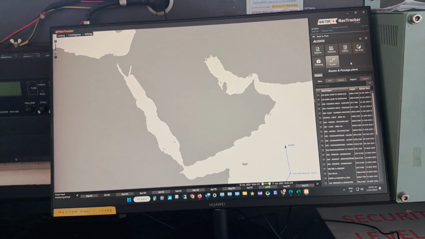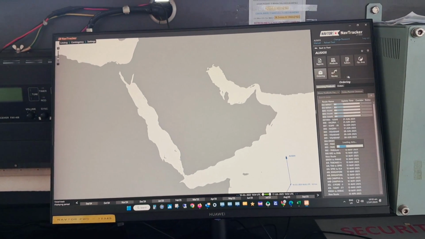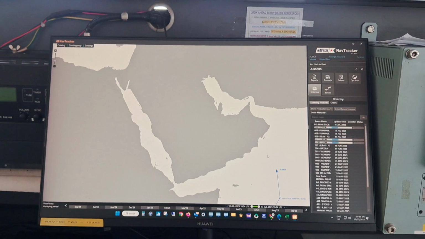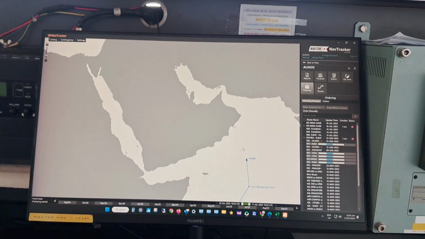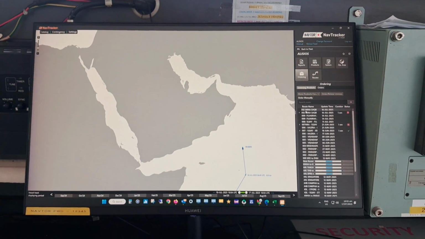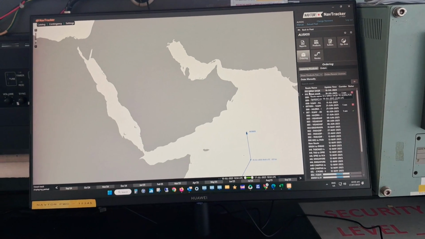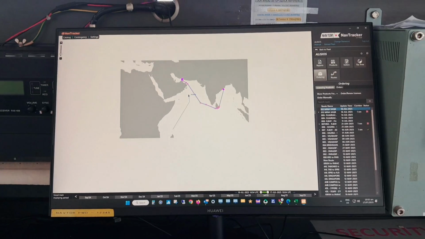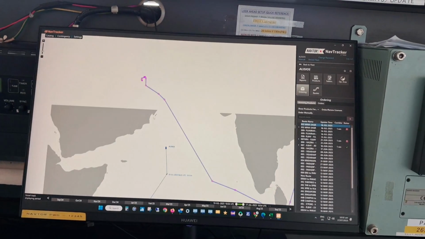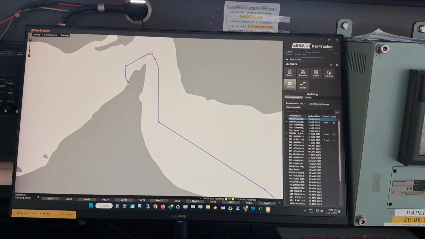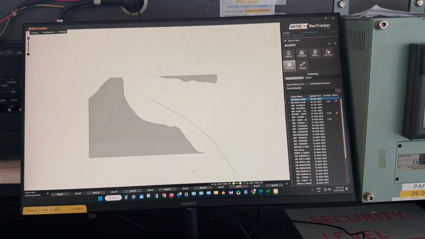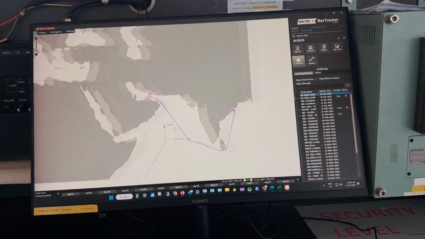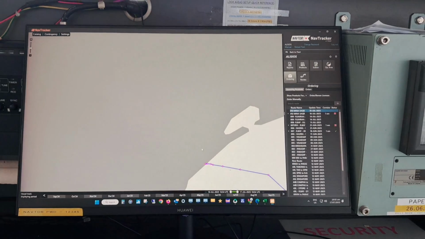First, we'll go for ordering. So the ordering page is open. Now we will go to the passage plan we have made. This is the port of Mina Saqr and this is Gopalpur.